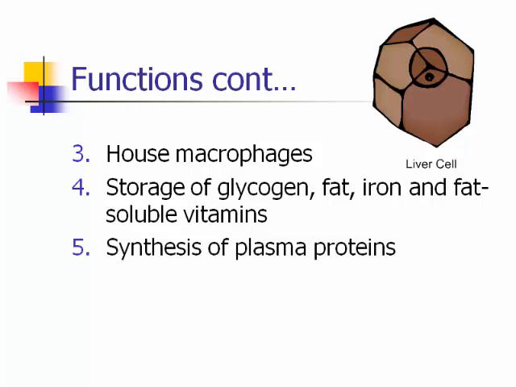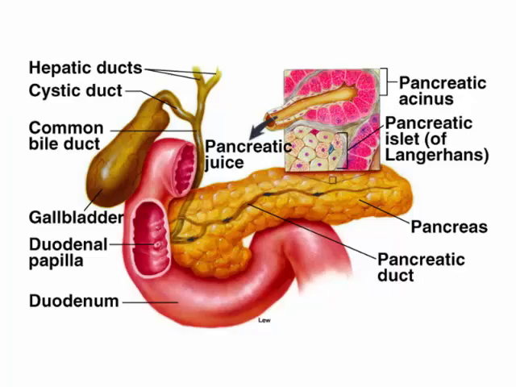Synthesis of plasma proteins happens here. So remember albumin, your friend albumin. We make a lot of albumin in our liver cells, in our hepatocytes. Now I'm reading that word, liver cell. Synthesis of plasma proteins, okay? Next on our list,